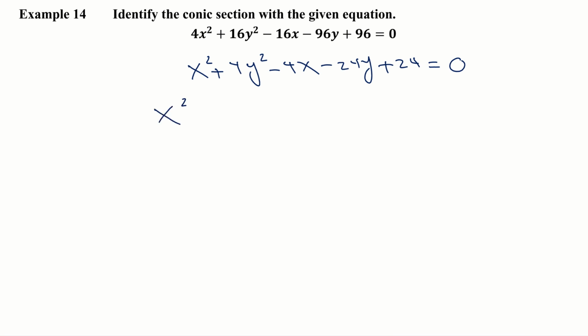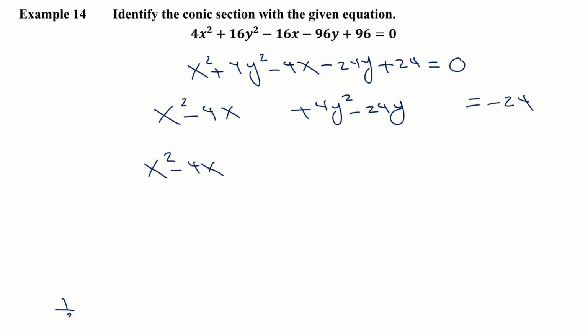So we have x squared minus 4x, leave some space, plus 4y squared minus 24y, leave some space, equals negative 24. So x squared minus 4x, take 1/2 of -4, which is -2, and square it to get 4. So plus 4, and